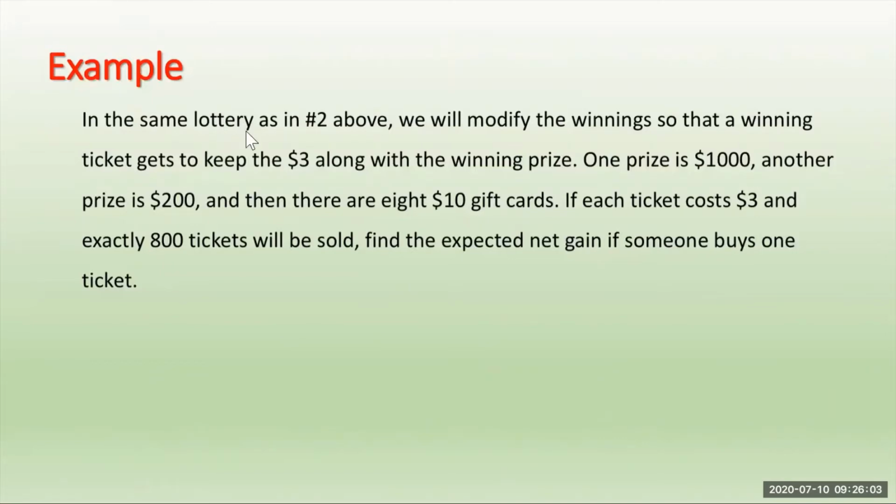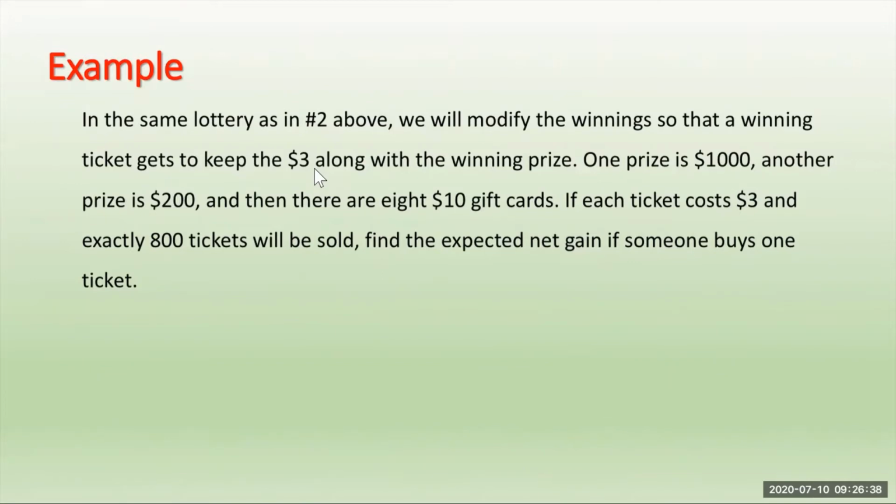So in the same lottery, in the second problem we did before, where we calculated the expected value, we'll modify the winnings so that the winning ticket gets to keep $3 along with the winning prize. Now see, this is quite interesting. If somebody wins, they will also get their ticket price back. That is the meaning. They get to keep that $3 if they win. And the winning prizes are, if you look at the winning prizes,